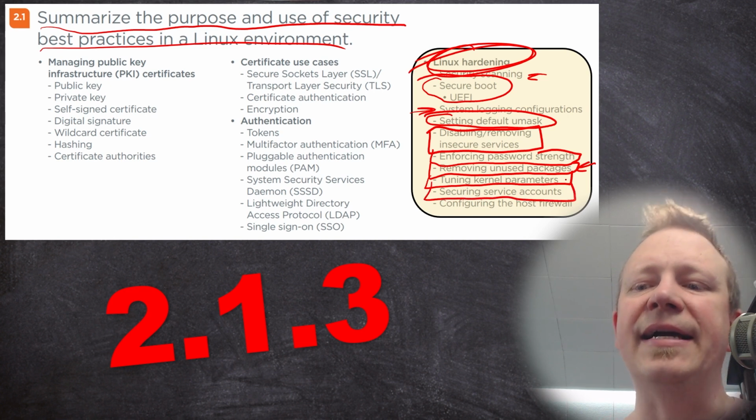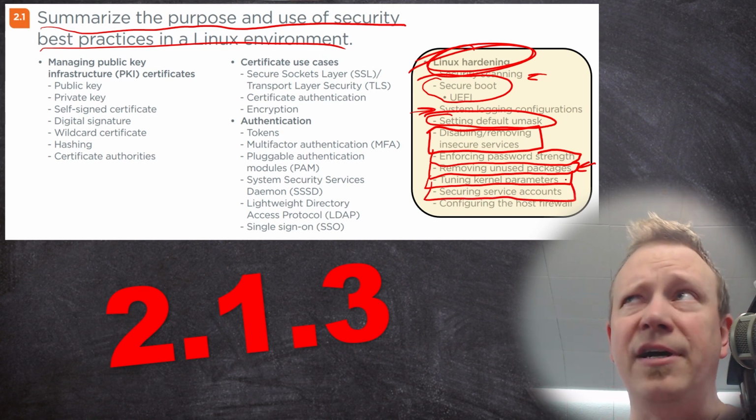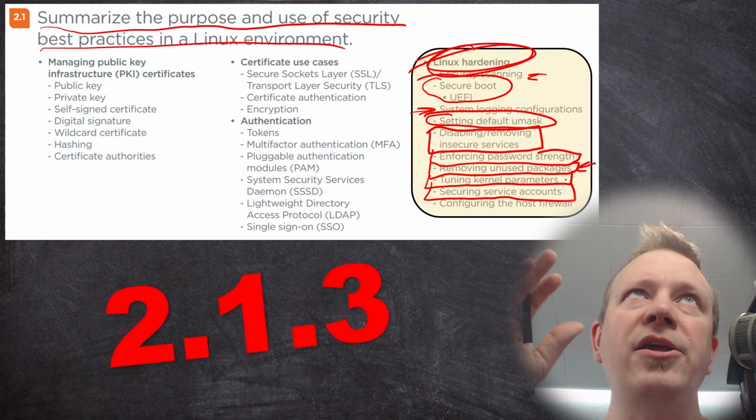Securing service accounts. Service accounts are things like when you have Apache 2 running, for example, as a web server. It doesn't run as the root user. It runs as www-data. And again, when you install it on a distribution, it generally has some pretty sane default settings, right? The password isn't enabled on that user. Nobody's going to be able to log in with that user, but it's important to keep in mind